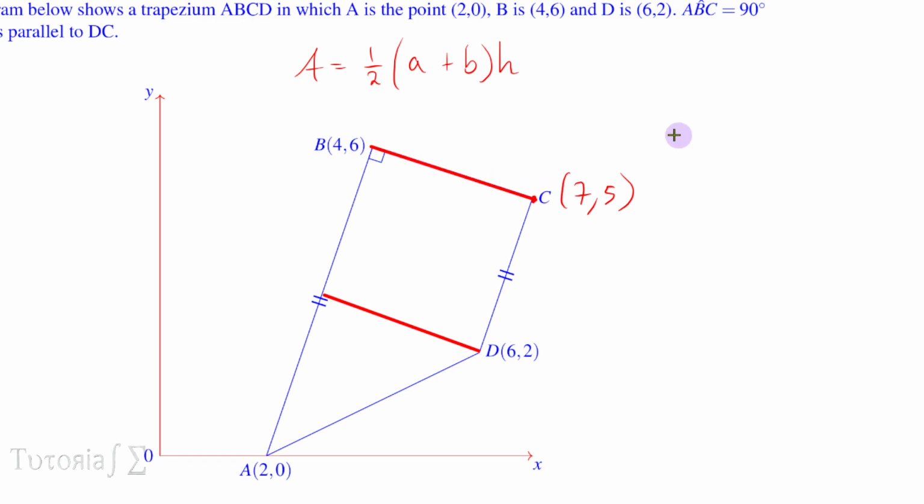So now if we have this length here, this will be the height, which is the same as that there. So what we just need is to find length 1, the length in black here. We also need to find this other length here, which is length 2, and we need to find the height, and we can use this formula to find the area of the trapezium. So you know that finding the length between 2 points,